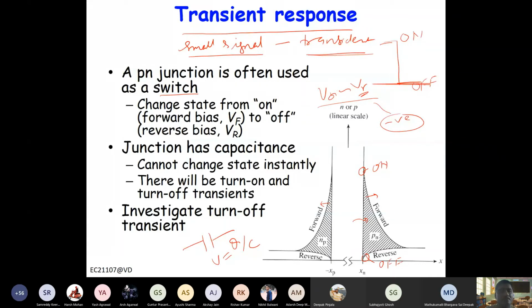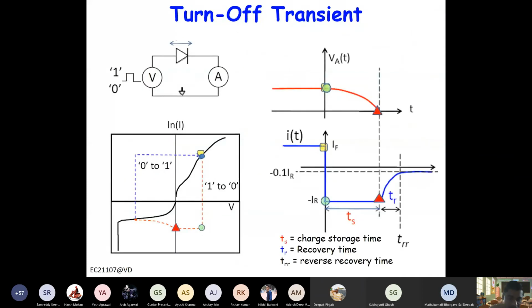So let's begin with the turn off transient. So if you see the circuit here, the initial voltage is actually basically a state, right? So it's any negative voltage. It's logic 0, right? It's not actually 0 volts, and this is logic 1, so around V gamma, and this is some negative voltage. So you are turning from 1 to 0. So this is the edge you are considering.